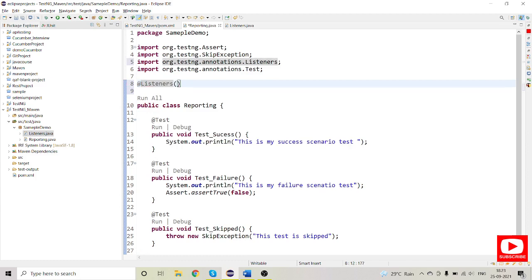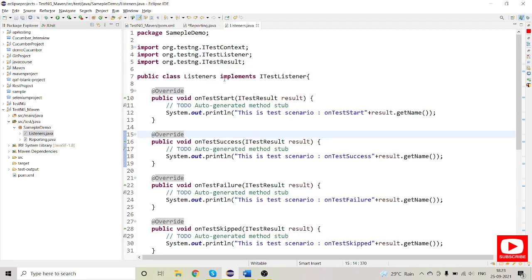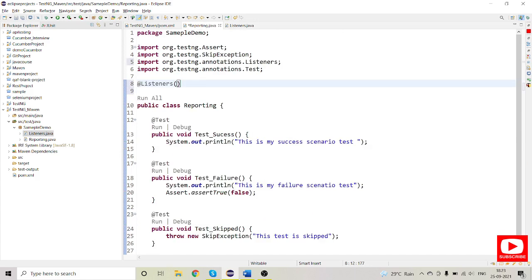Right, Listeners, and then we need the class where we implemented this. So we will use this class, which is here, and dot class,